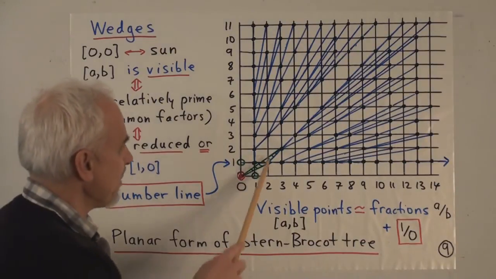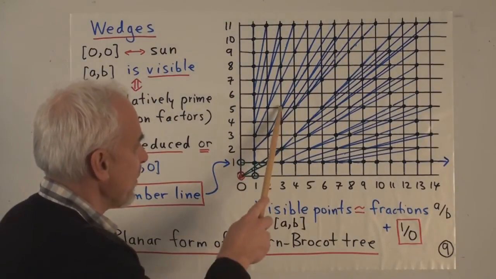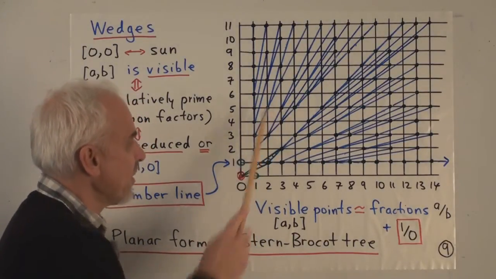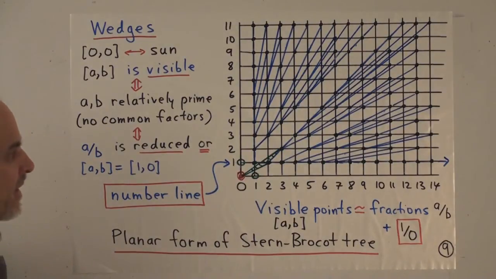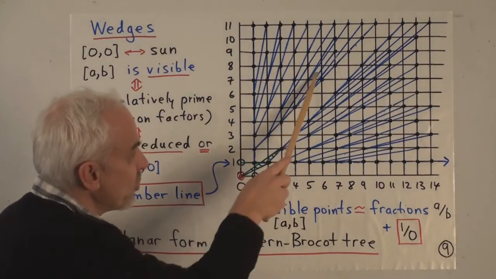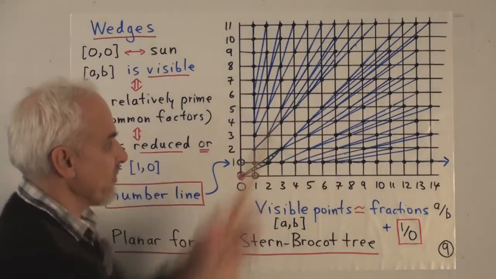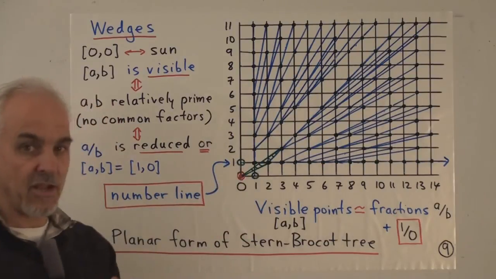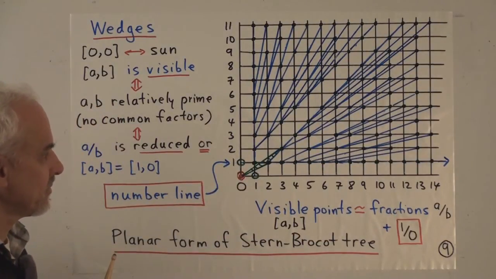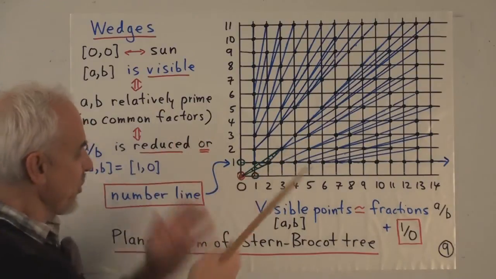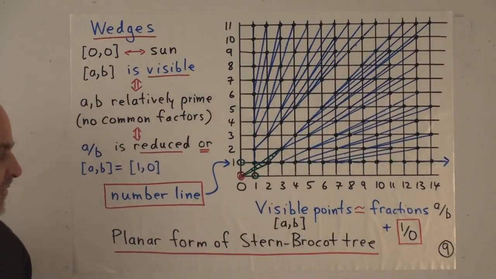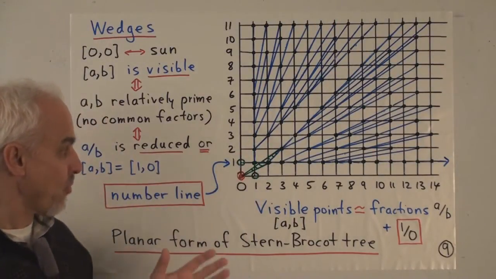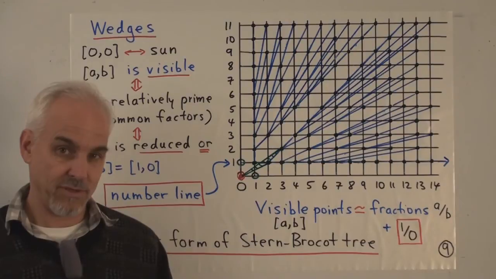So for example, there's a bond between 2/3 and 3/5, and that's why there's a line between the point 2, 3 and the point 3, 5. And every point here ends up having 2 children in that direction, and each one is the child of a single other one. So this is a third planar or geometrical form of the Stern-Brocot tree, which I think is somewhat novel and reveals yet more interesting structure of the rational numbers.